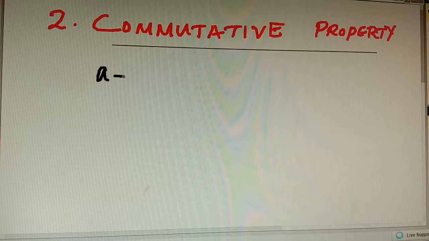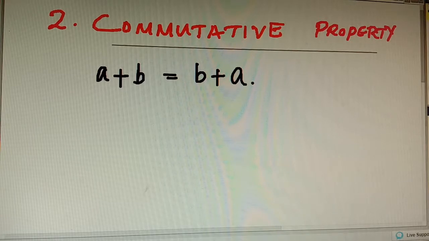So we can write it as this way: a + b = b + a. For any two rationals a and b, a + b is equal to b + a. That is commutative property. Okay, as an example we can take two rational numbers, then here 1/3 and